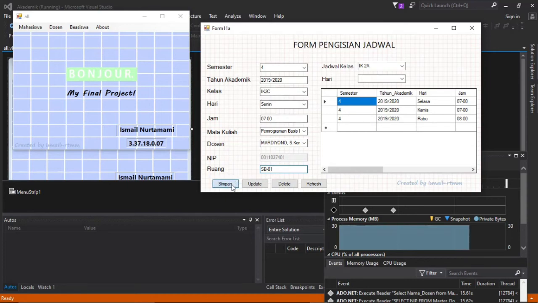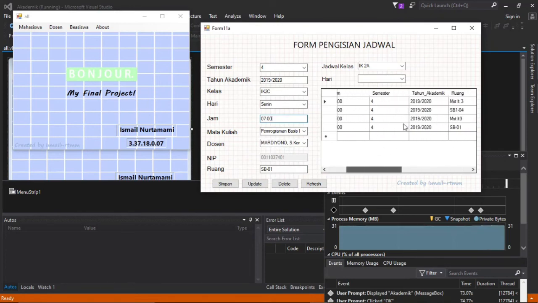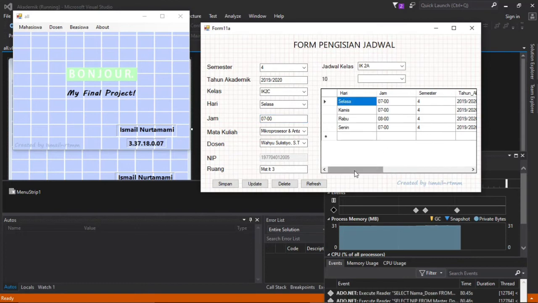Okay, we click the button save or record inserted, and the data will be shown in here. Yes, in here. An example, the data is wrong. Example, the days is wrong. We choose the correct one and click the update button, and the record updated, and in here will be